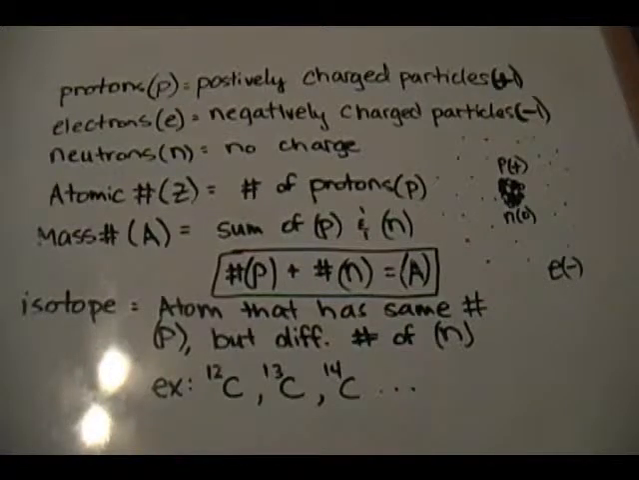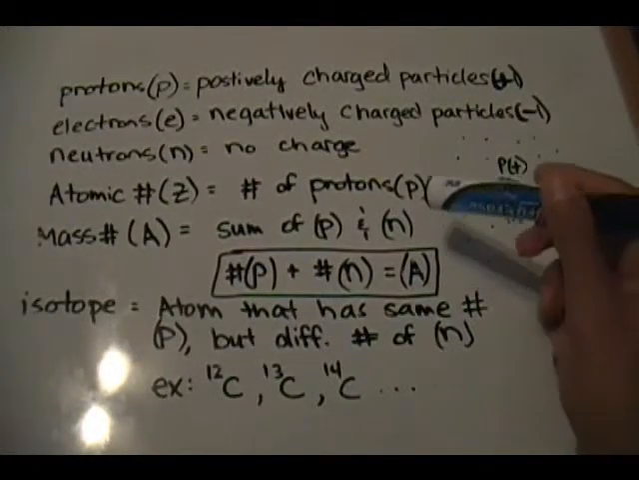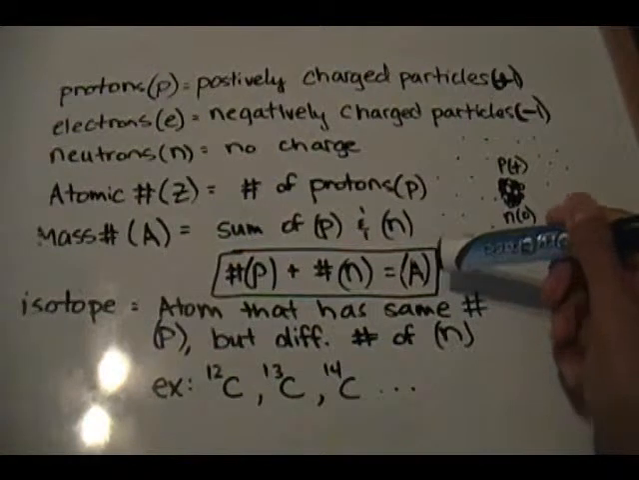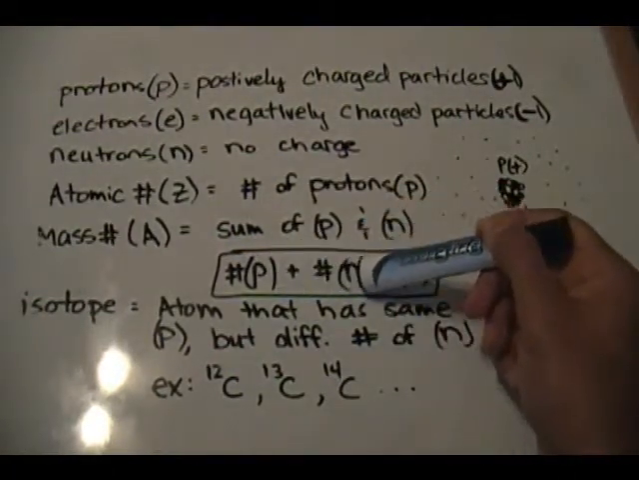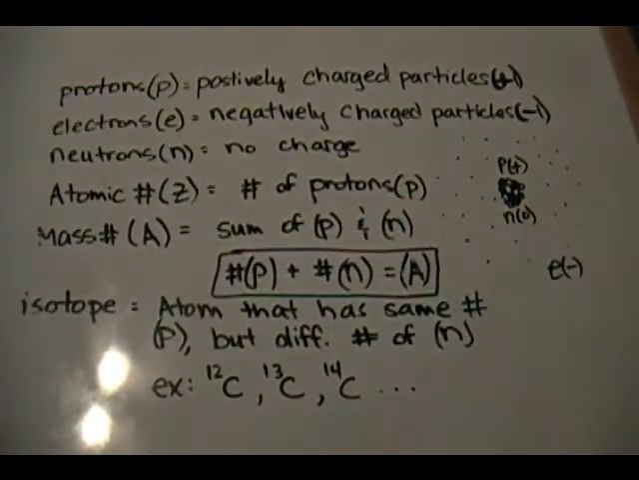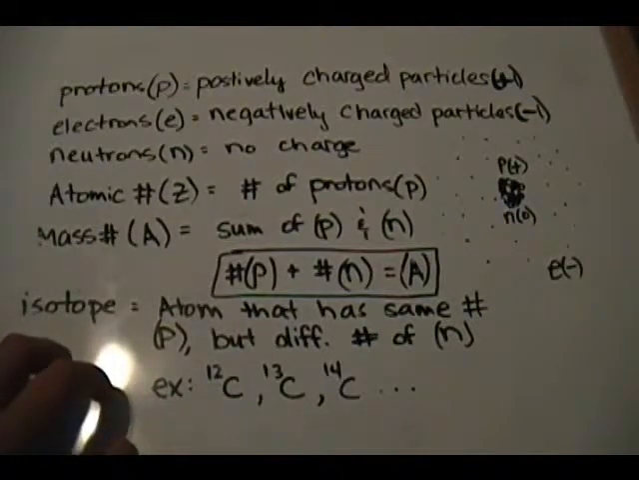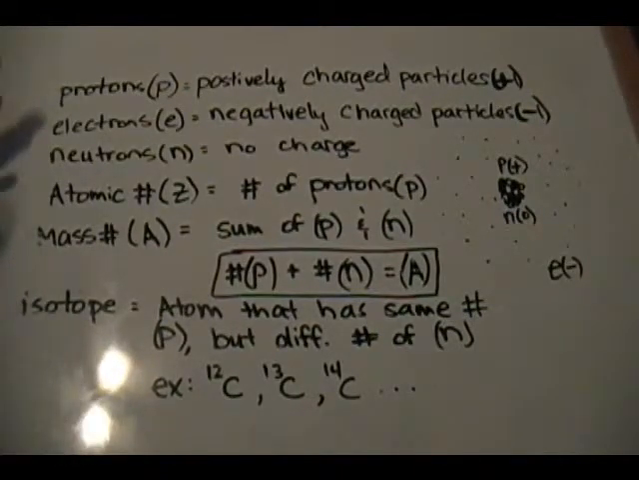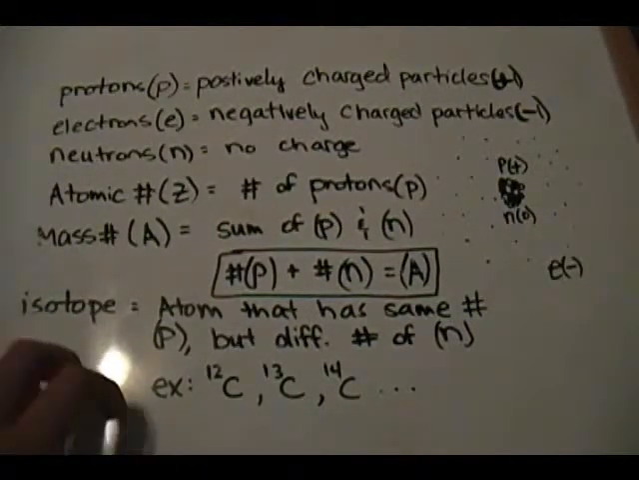Mass number is the sum of the protons and neutrons. Make sure you know this formula here: the number of protons plus the number of neutrons is equal to A, the mass number. Definitely a must. You need to know that. Now before we get into isotopes and start using all this information,